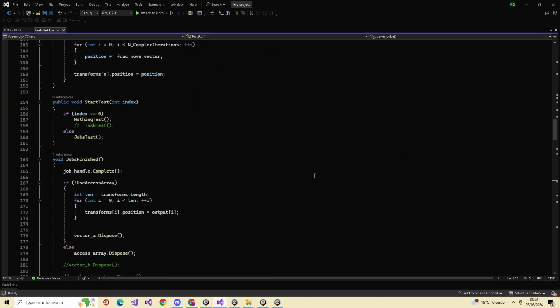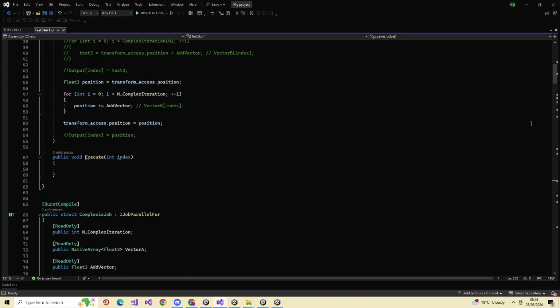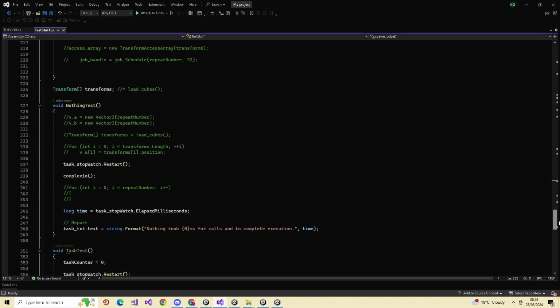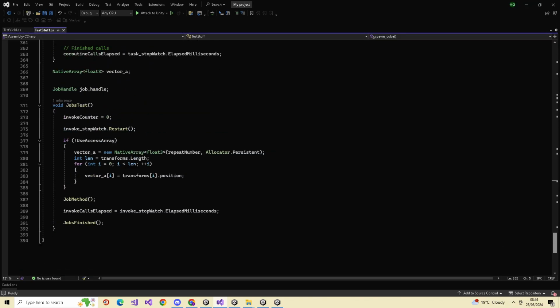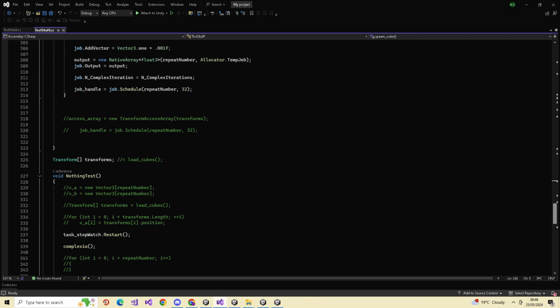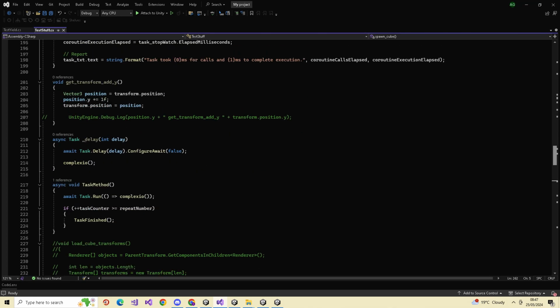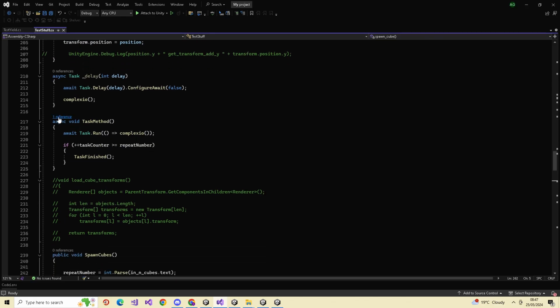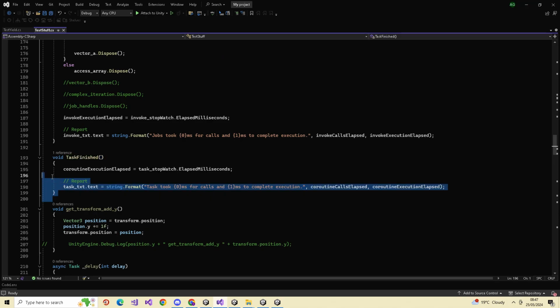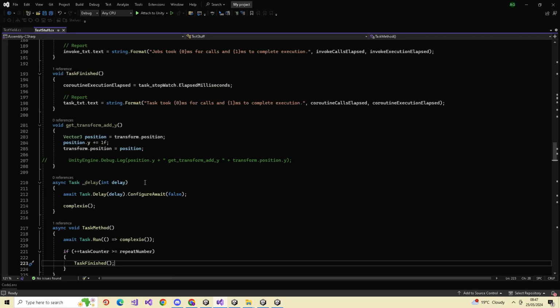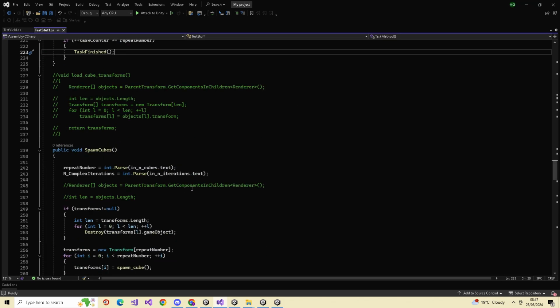See, I deleted all the old task code. I barely remember off the top of my head. What's nothing doing? Test nothing, test task, task method, task run complex. Yeah, that would do it. There's nothing method then.